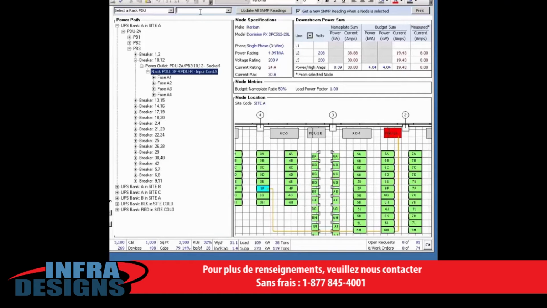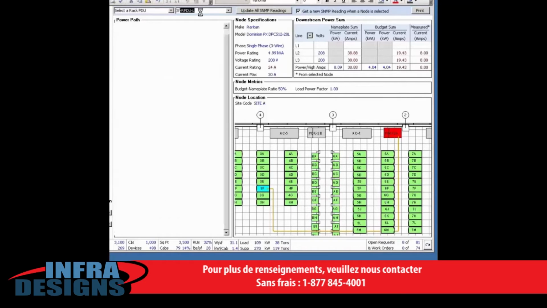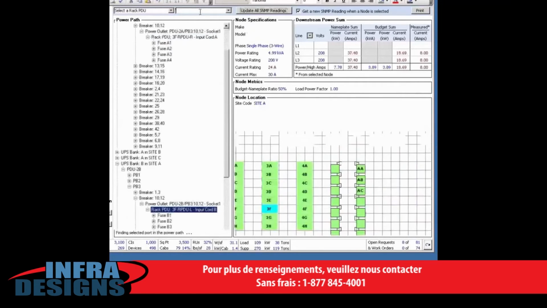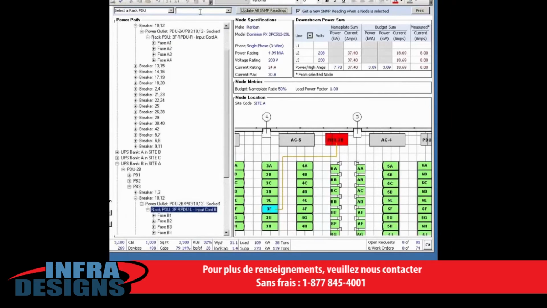And therefore I have a good idea of whether this could handle a failover situation. But now I'll go find 3F on the left side, which is the actual rack PDU that I'm going to replace. Now I look at this and say, okay, the measured amps on the left side is also 8 amps. So when I remove this rack PDU, the resultant load on the right side is going to be 16 amps, which is well within the breaker rating, and therefore it could carry the full load